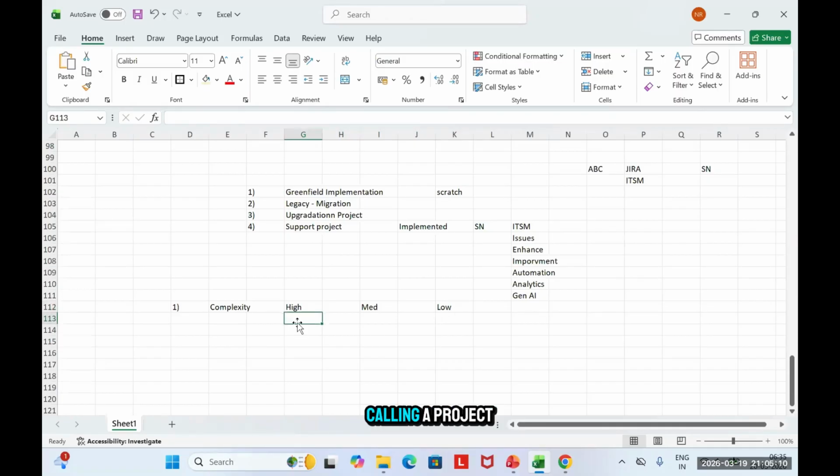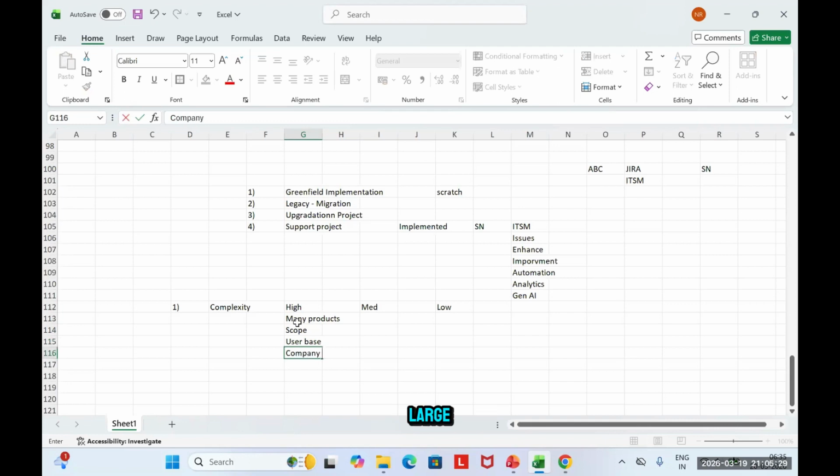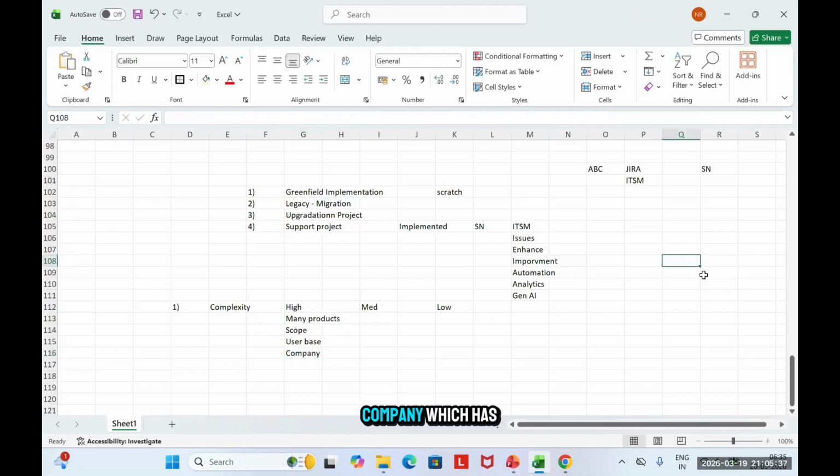Maybe when I'm calling a project highly complex, it means it has many products and the scope of the project is more. At the same time, the user base is small, or maybe the company itself is large. For example, I can have a project being taken from a company which has business across the world.